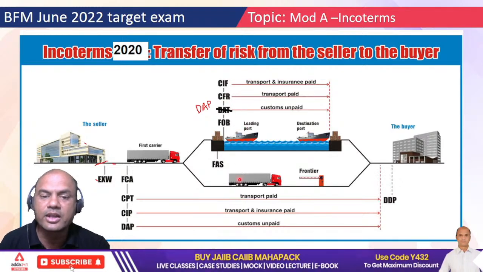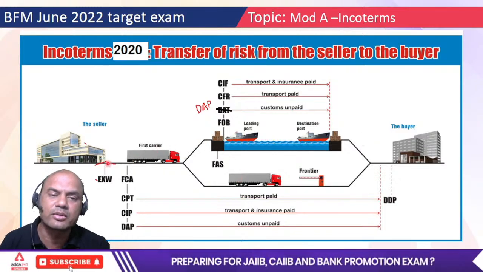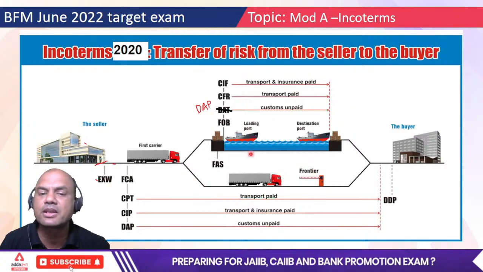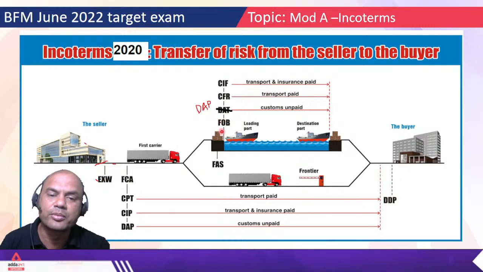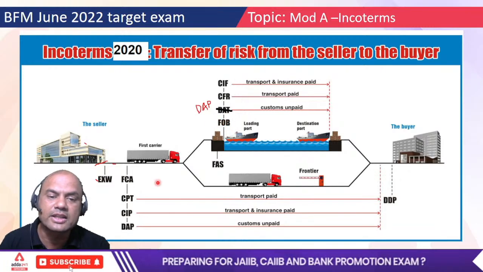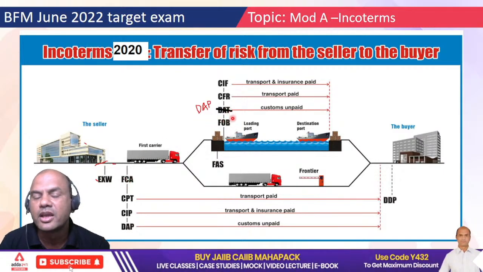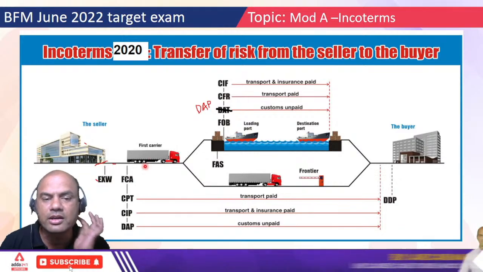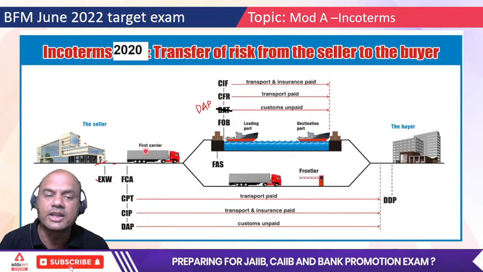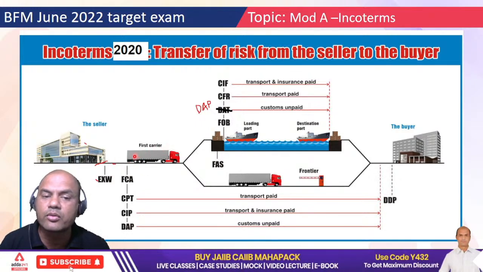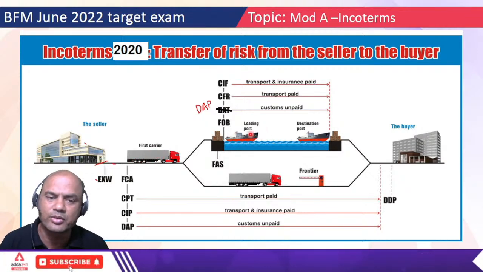Now if it is going by truck, let's say the goods are to be transported directly from India to Nepal, why would a ship be required? So instead of FOB, for truck it is called FCA, free carrier. FCA and FOB are the same. FOB is for ship and FCA is for truck. If the goods are to be loaded on a truck, one is FCA, only loading on that truck. What happens to that truck later is not my concern, similar to the ship, FOB.